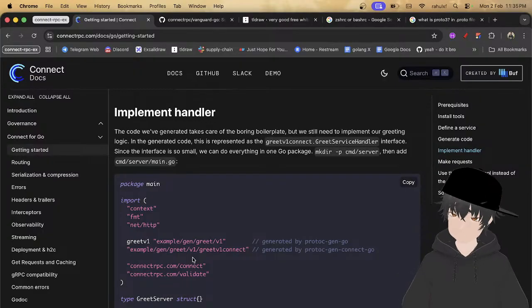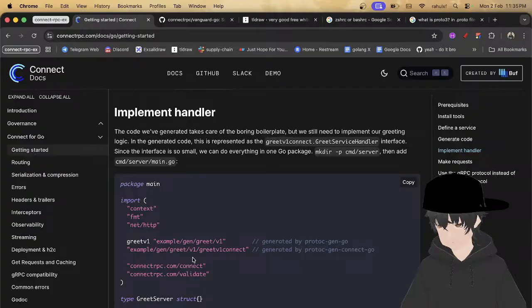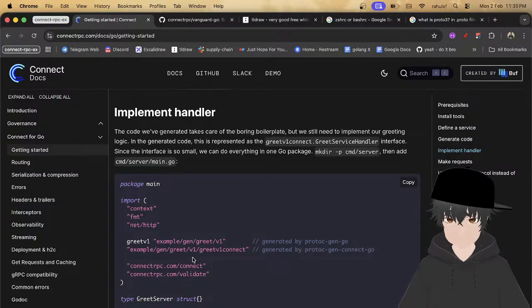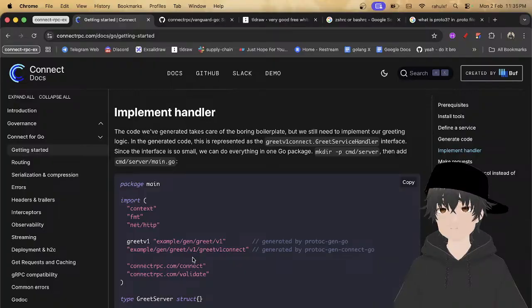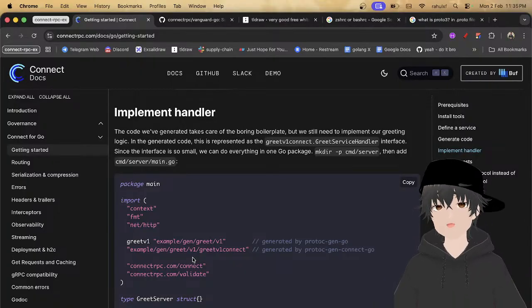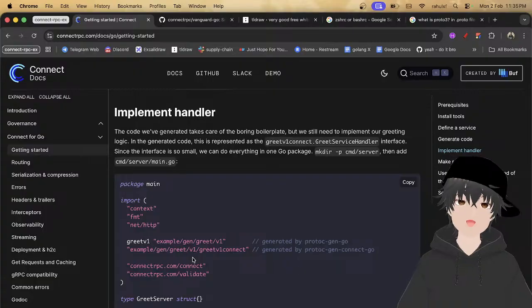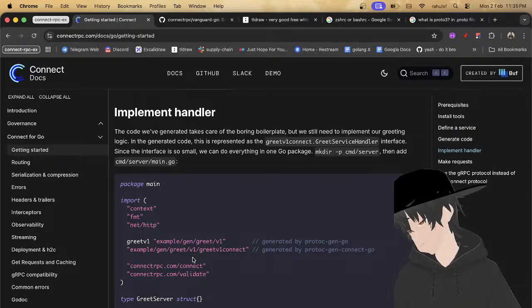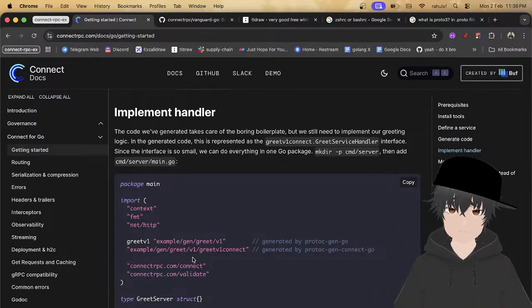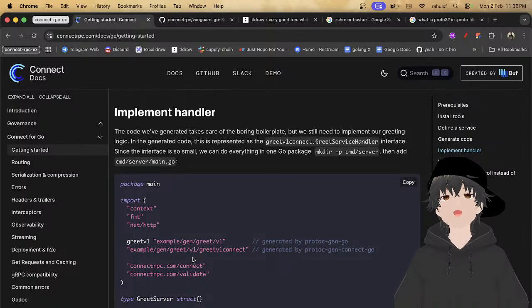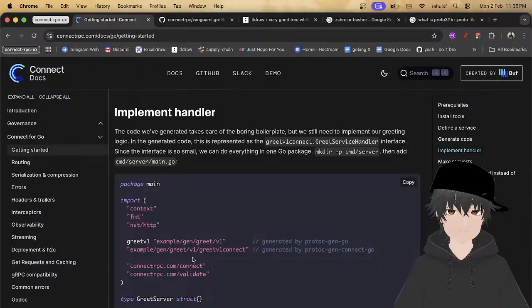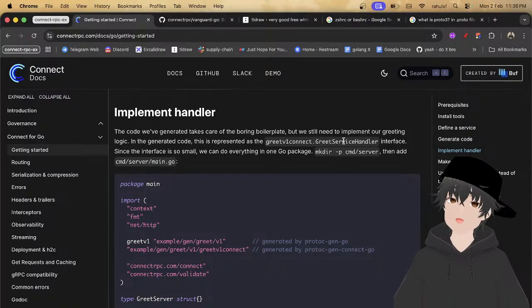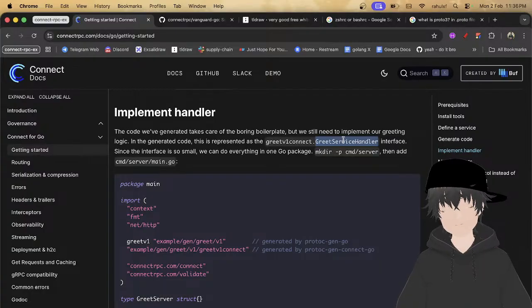Just a minute. The code we generated takes care of boring boilerplate, but we still need to implement our greeting logic. In the generated code, this is represented as greetv1connect.GreetServiceHandler interface.